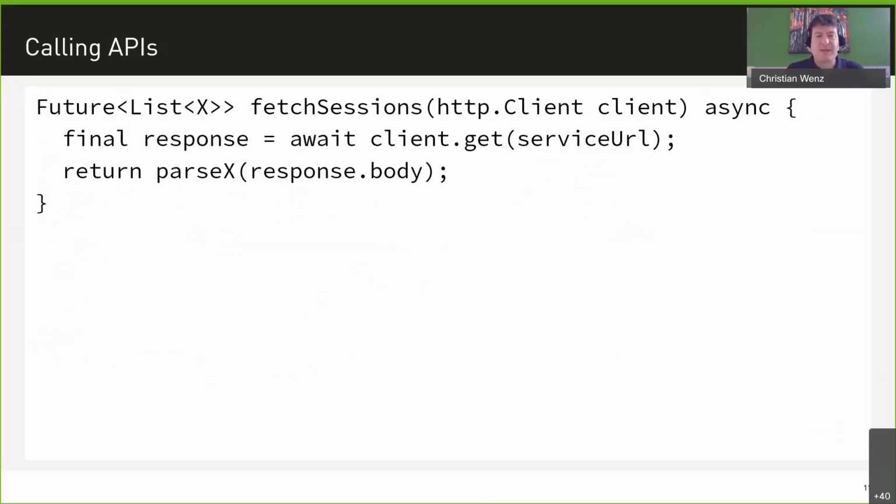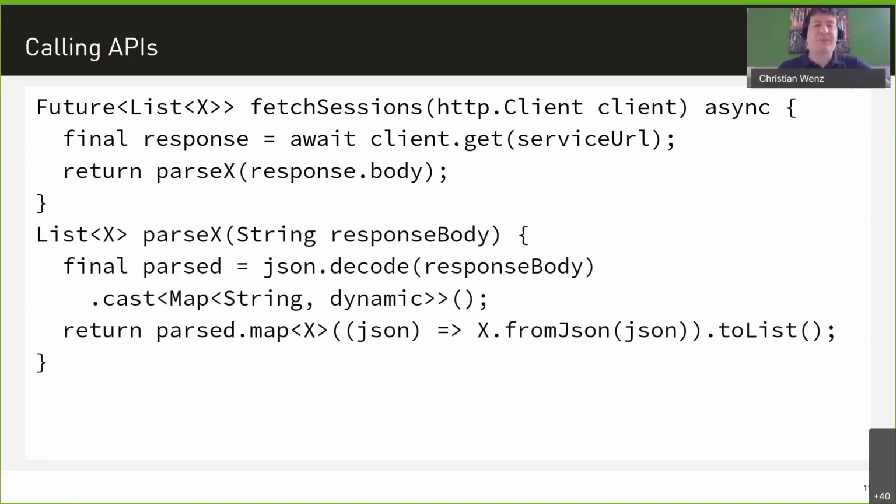I have a sample app that is pulling sessions from NDC and displaying them in the context of an app. Since this is an asynchronous call, we get a future, which is like a promise, as you would call it in JavaScript terms. You get the HTTP client from the HTTP module and then have helper methods like get or post, and then you just await a response, and then you parse the response. The parsing, however, can be tricky